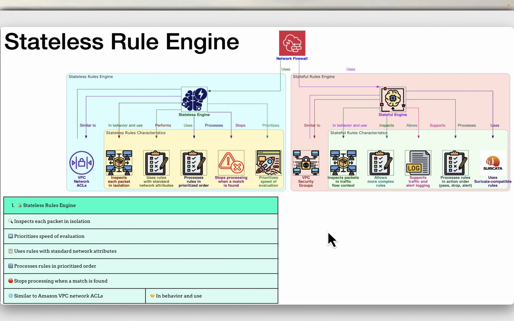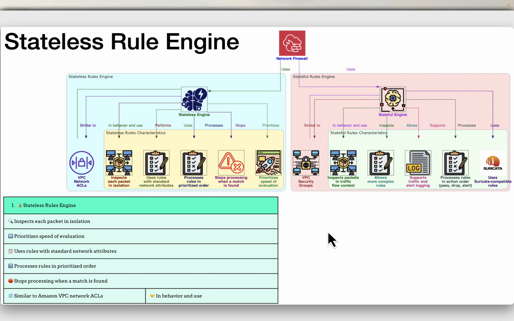Next we'll see the stateless rules engine. We'll look at both of the engines a bit more in detail. The stateless rules engine inspects each packet in isolation, without regard to factors such as the direction of traffic or whether the packet is part of an existing approved connection. This engine prioritizes the speed of evaluation. It takes rules with standard network connection attributes.